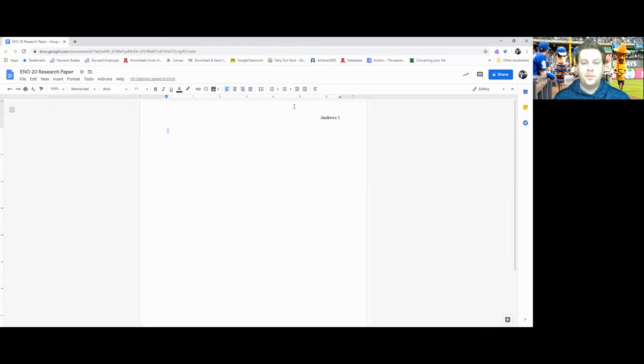This is really cool. The reason why you want to put it into the header and not just at the top corner of the page is because now you will see that every single page will have your last name and the page number up there, okay? All right, so now I go back up to the top of the page, and now I'm going to work on the